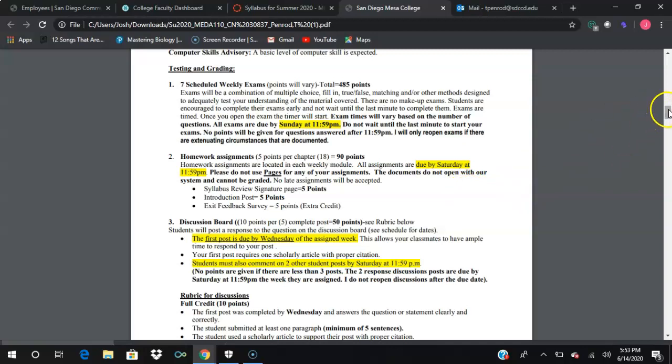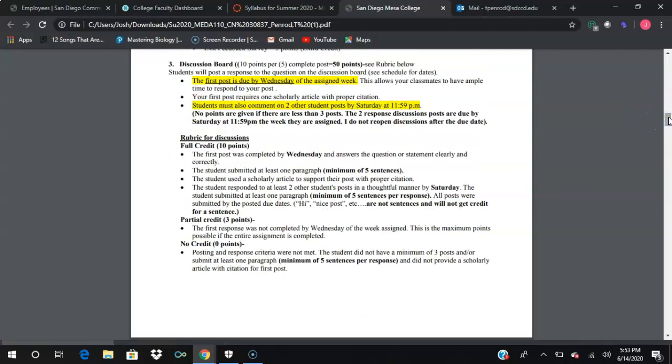The discussion boards, like I said a little bit earlier, are designed as a way to do a little bit of research into some important topics that we deal with in the healthcare profession, hypertension, diabetes. It gives you as a student the opportunity to do a little bit of research, making sure that we actually post a scholarly source. And a scholarly source would be something like JAMA, the Journal of the American Medical Association, the AAMA, NIH, National Institutes of Health, Mayo Clinic is common,